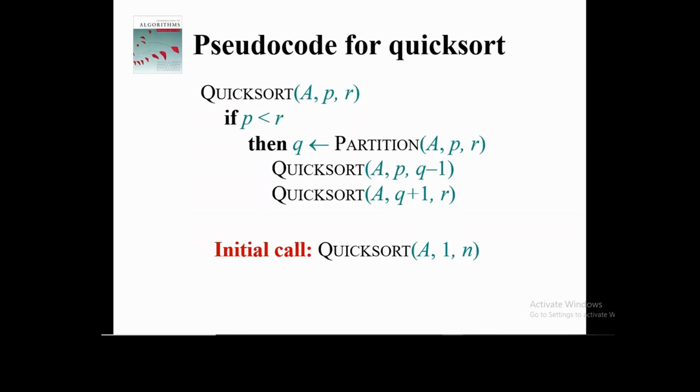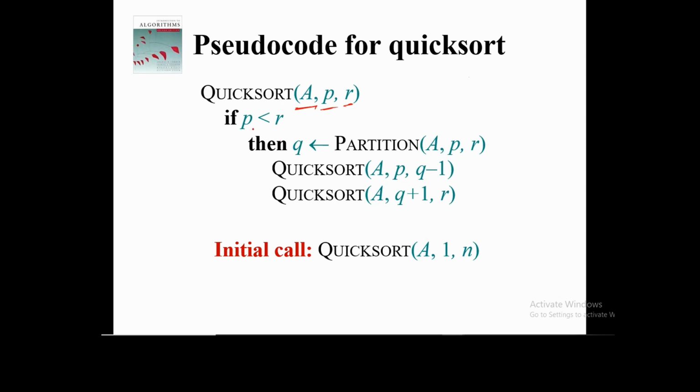This is the quicksort pseudocode for the quicksort algorithm. Here we are just giving the input array A. This is the starting limit and this is the last limit, meaning boundaries. This recursive procedure will execute if P is less than R, meaning if the list contains more than one element. If the list contains only a single element, then P and R will be at the same location. In that case, the condition will be false and the quicksort is over.